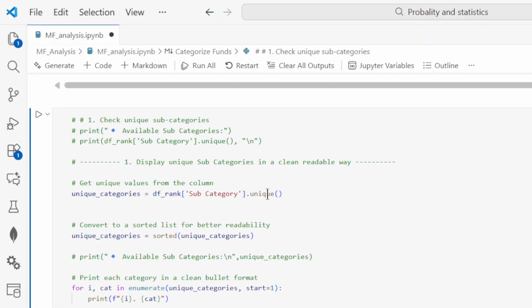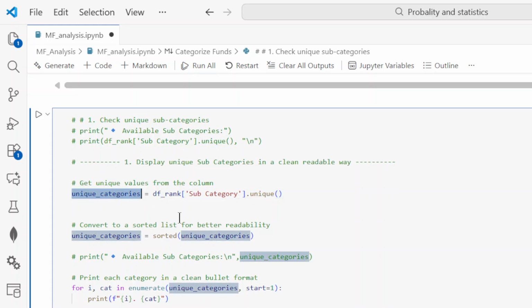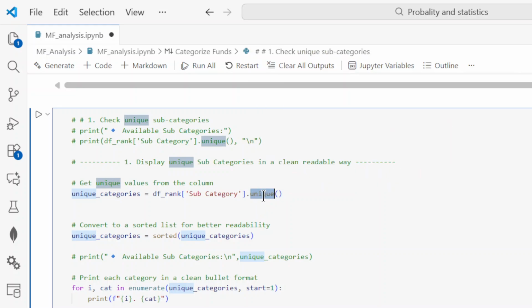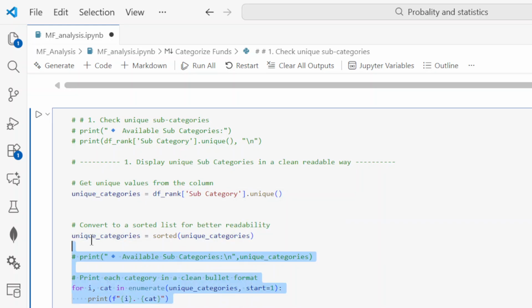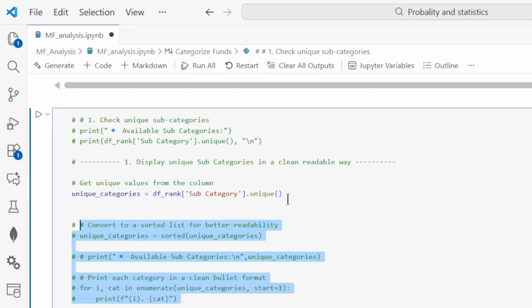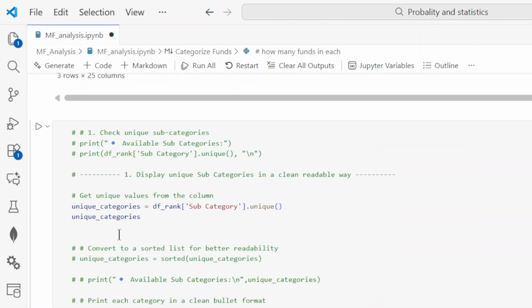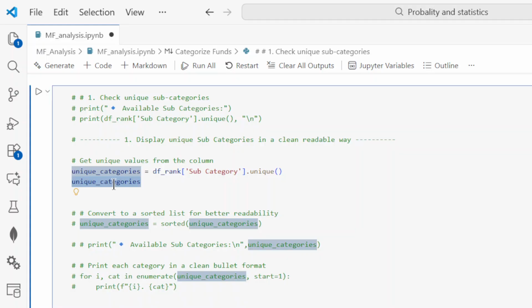To find that, we took the unique values of the subcategory, and from that we sorted the values. This is just for display purposes. If you want to check what the output of this is, let me comment this out, and you will get the output like this: unique categories.